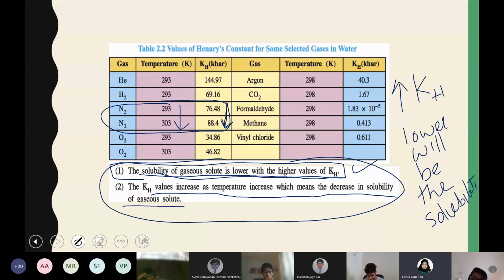Yes, ma'am. It's actually a very easy thing, but we still need to make a note of all these important points. Ma'am, should we also write these KH values? No need to write the table, because there is no need to memorize any values. Even if there is a question, they are supposed to give you the values. So I told you there's no need to write; this is just for your understanding.